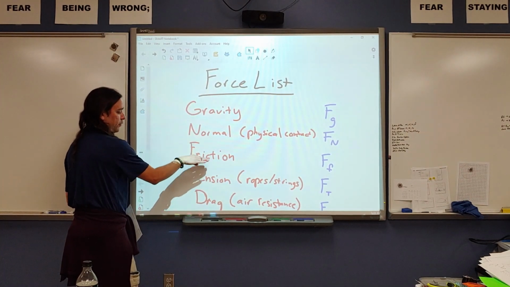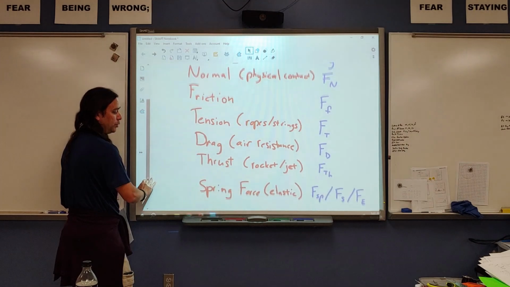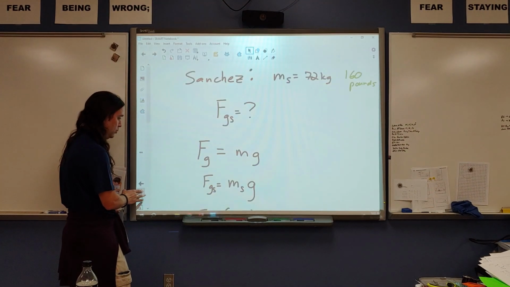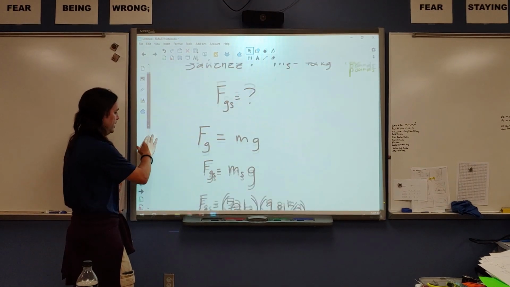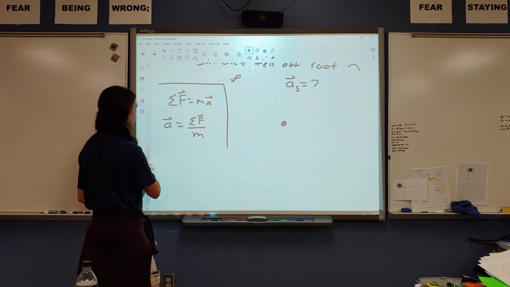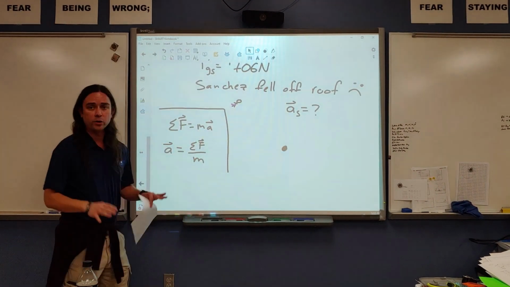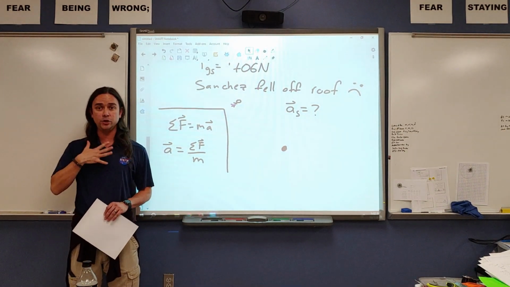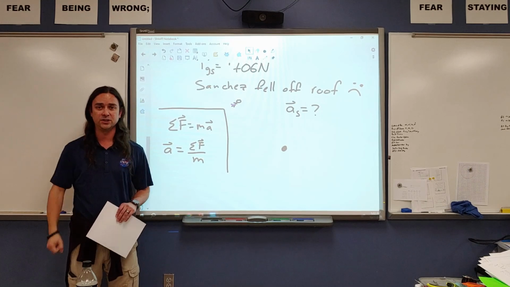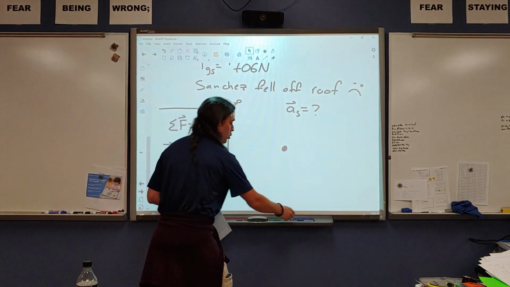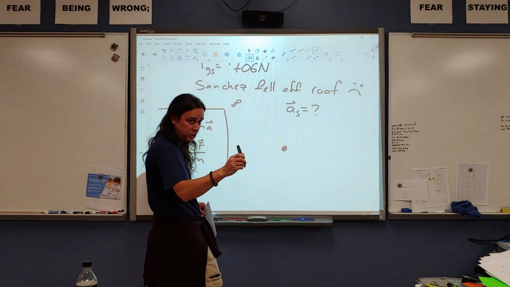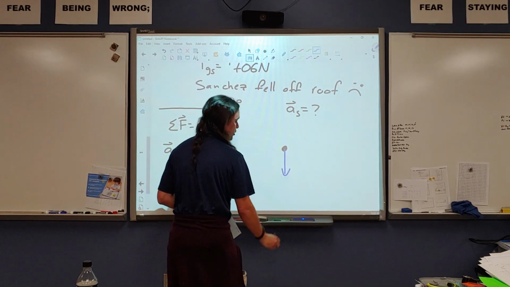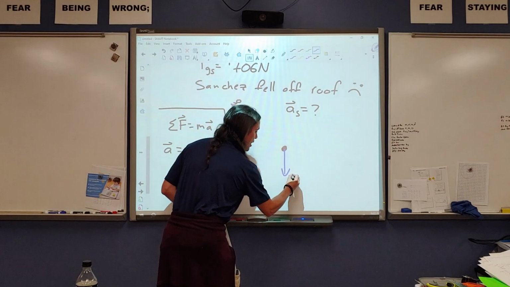Gravity, normal force, friction, tension, drag, thrust, and spring force are the main ones we need to check for right now. Okay, oops, one too many. Here we go. So let's go down our list. First force, gravity. When I'm flying through the air, is there a force of gravity being applied to me? Yes, there is. Which way is the force of gravity directed? Forces are vectors, so they have a direction. In this case, gravity pulls stuff down, so I'm going to do an arrow downward,